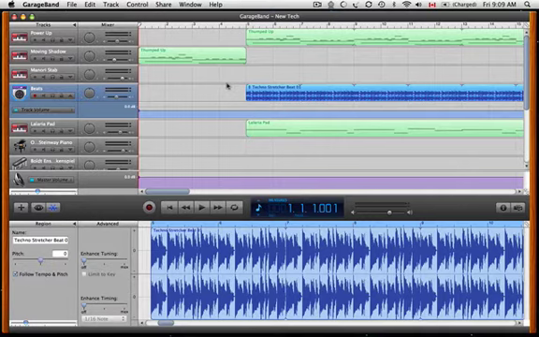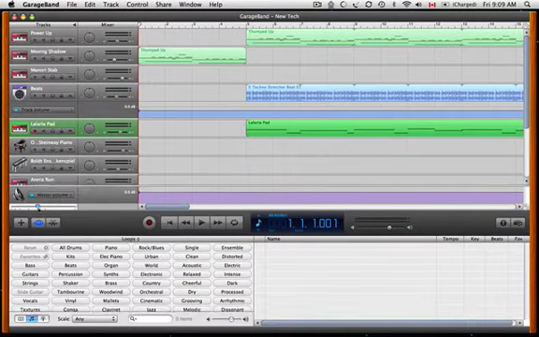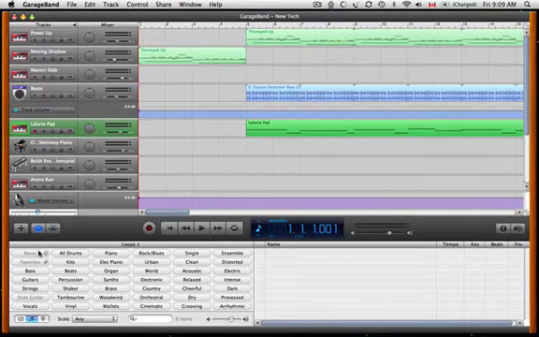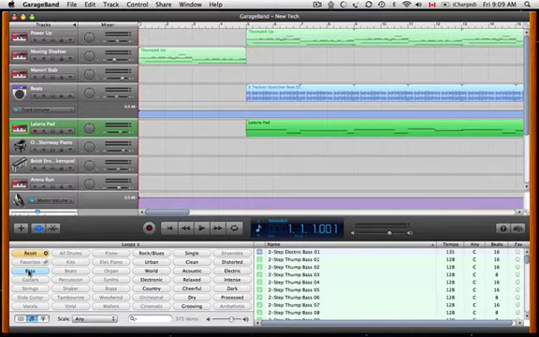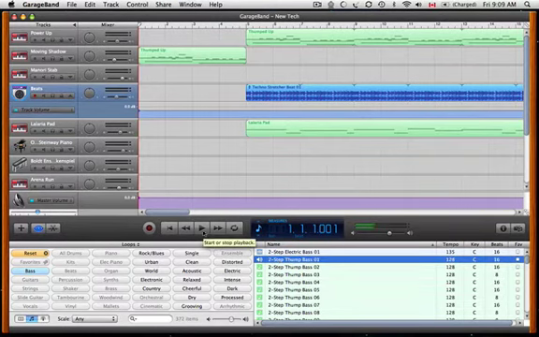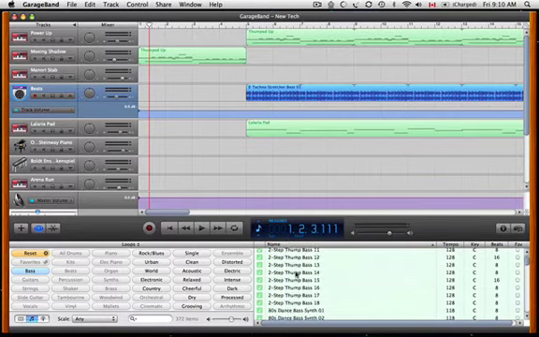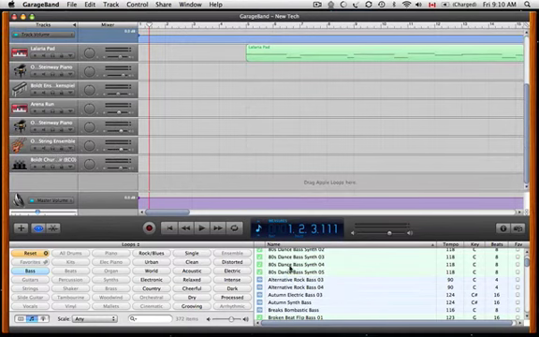A little more confusing is what we call MIDI loops. Down here in Apple's loop section, they include both the sample loops and the MIDI loops. These green ones are MIDI loops. I'm going to stop that because it's really annoying. These MIDI loops are these green things, and if I drag one into my song,